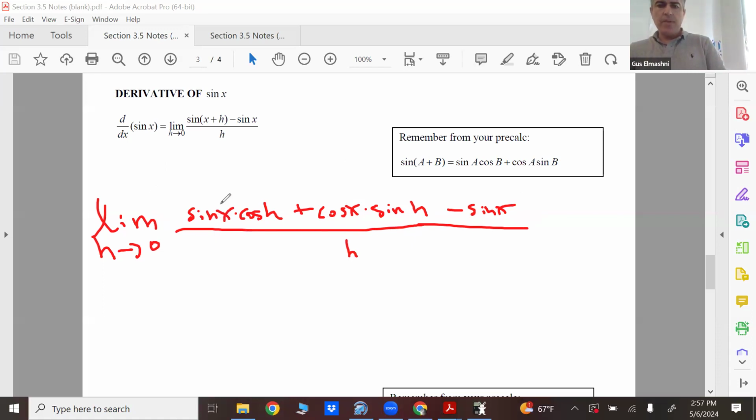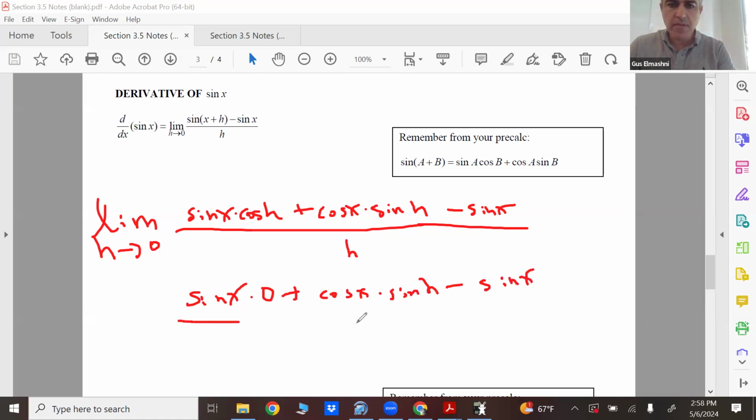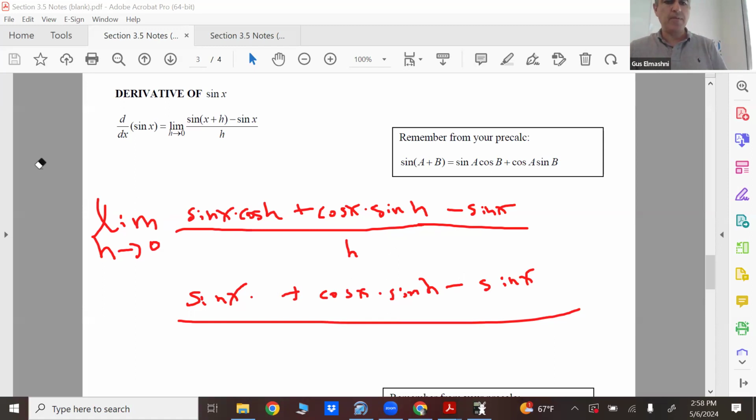So in this case, if you plug in 0 for h, you get sine x. Yeah, 0 for h. Give me a sec here. You get 0. Sorry, hold on a sec. You're right, it's 1. My bad. So what happens? These cancel, right? So what are you stuck with? Cool, questions so far? If you keep going,